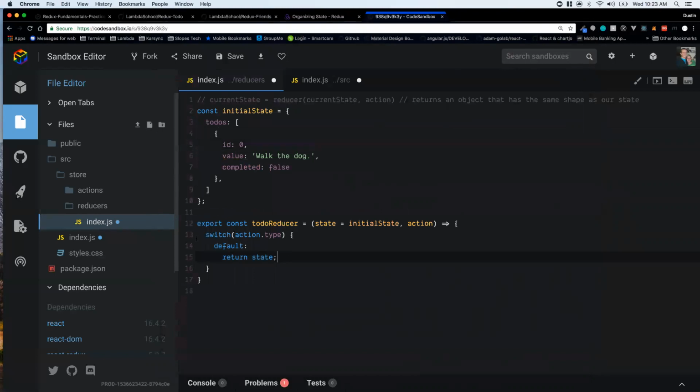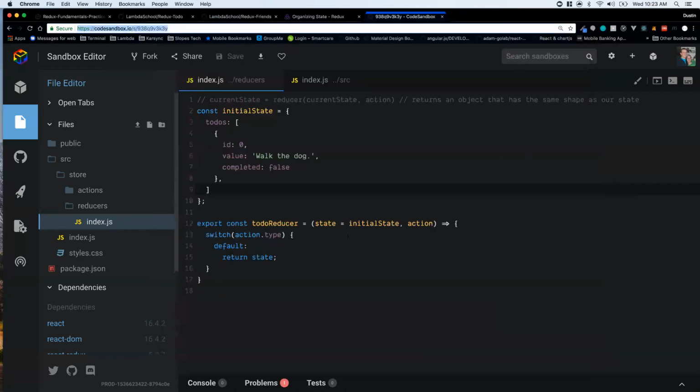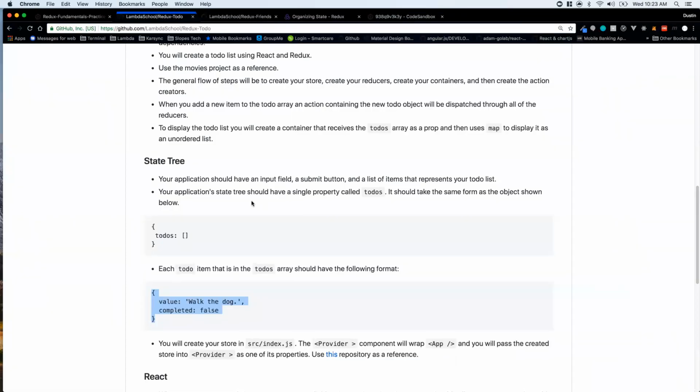Okay, cool. So we have a reducer. It is going to return, by default, this state right here. And I'll drop this in here for you guys in case you need to sync up with me at some point. So let's go back here. So we have